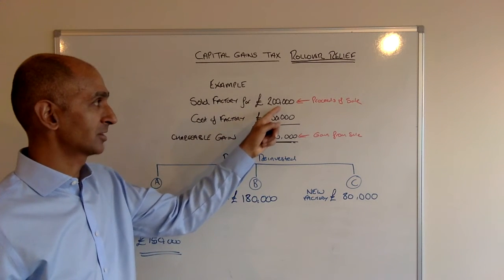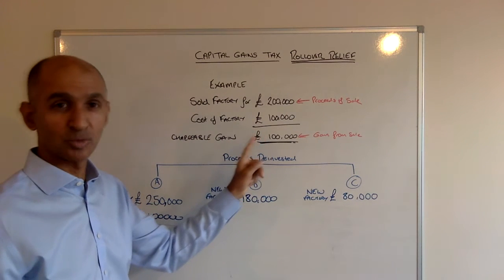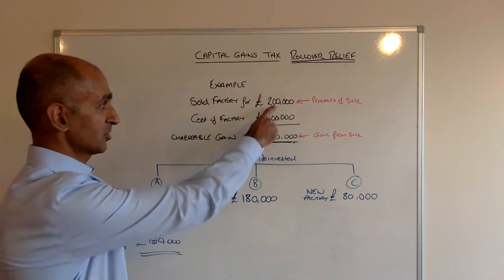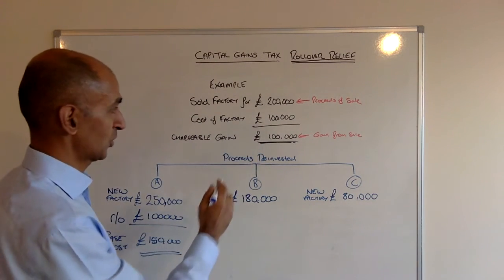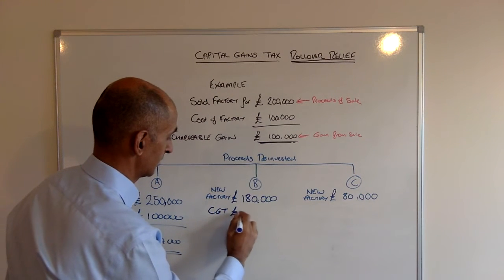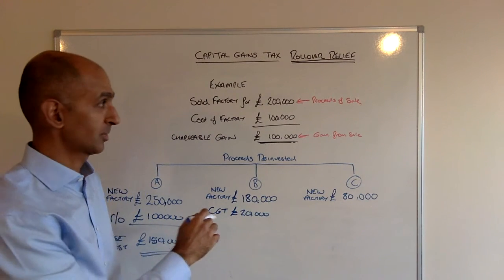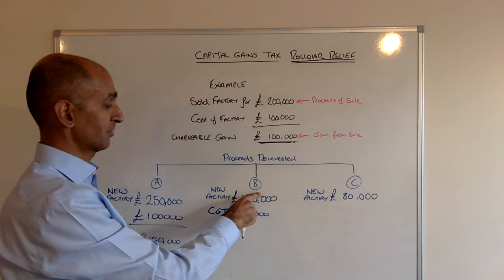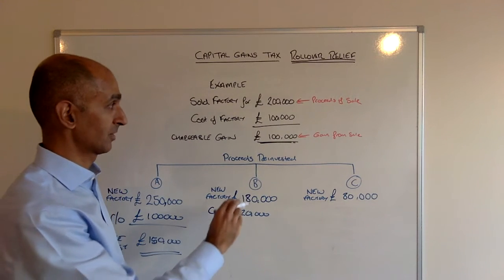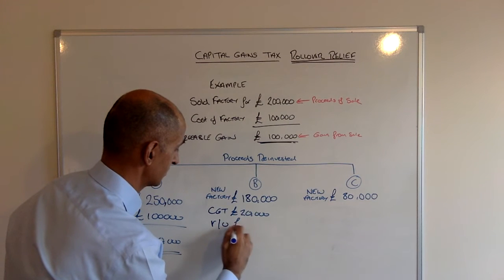So the £20,000 that have not been reinvested, we then apply those to this. So there's a £100,000 gain that we would like to roll over, but because we haven't reinvested 20, then £20,000 of the gain has capital gains tax due and cannot be rolled over. £20,000. The amount that has not been reinvested has tax due of capital gains tax, cannot be rolled over, but the rest of it can. So we roll over 80,000